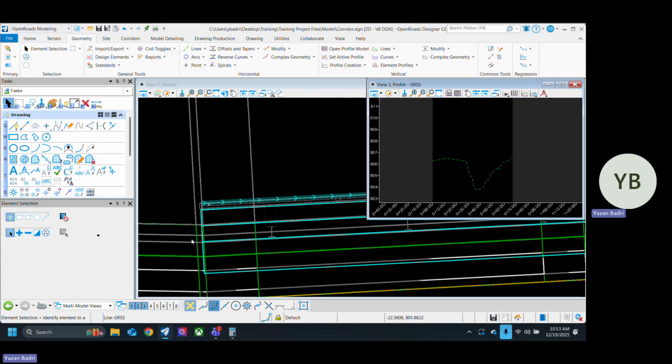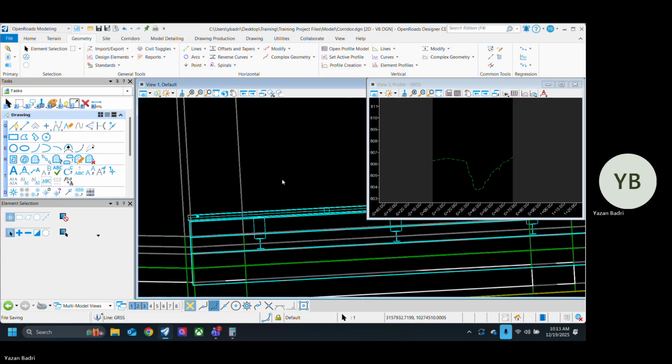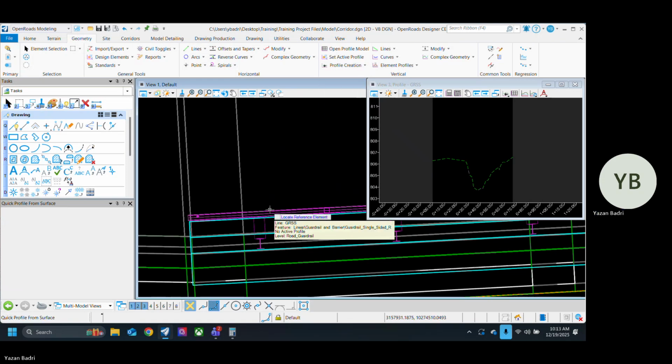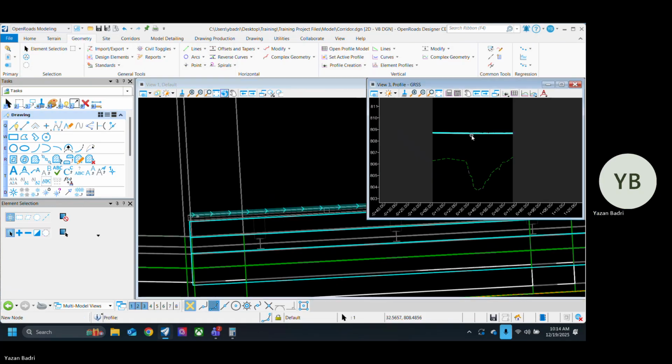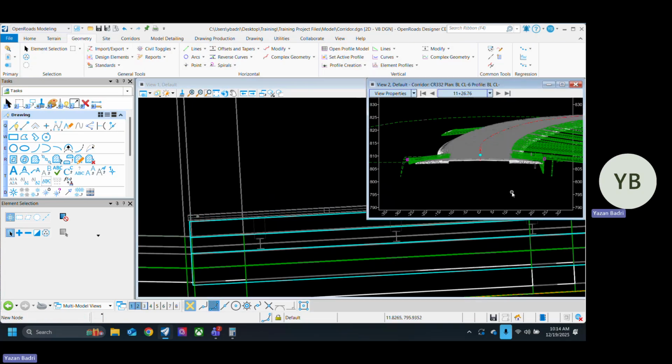How do I get the profile of that area? The easiest way is I go to profile creation, quick profile from surface, click on the element, click on the surface. I'm just going to take this as a surface and reset. That's it. Select this, make it active. Now, if I go back here,